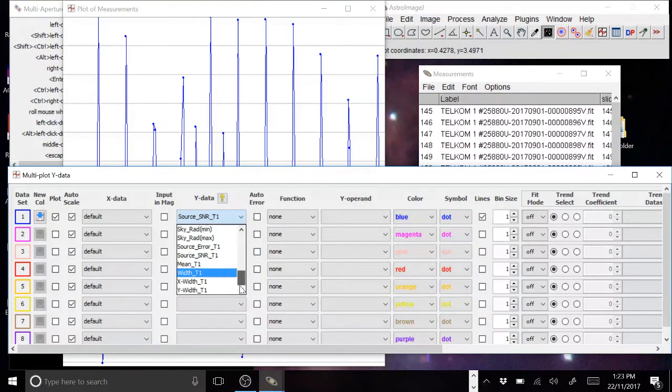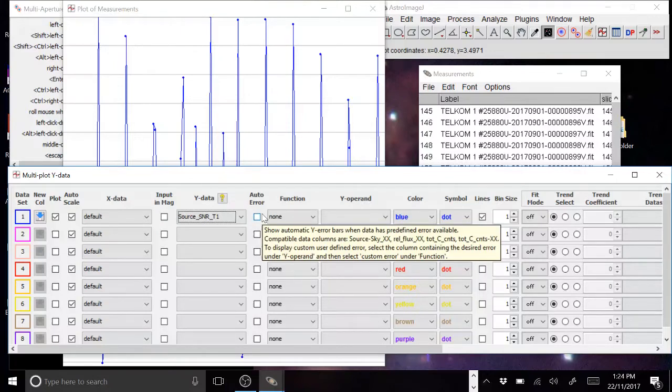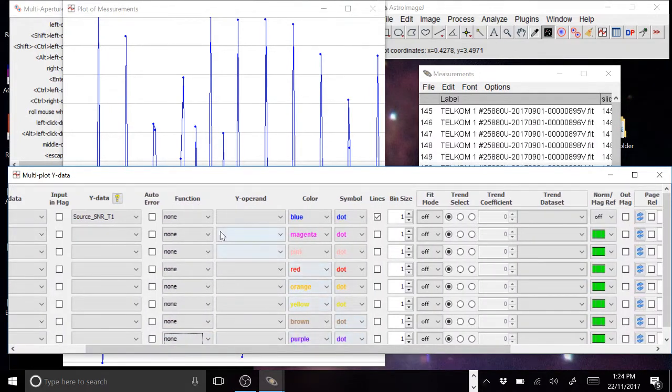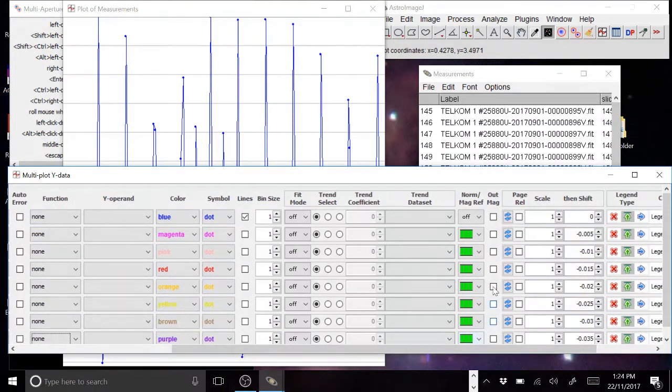So you need to scroll down to the very bottom and select source SNR T1. You need to have these two boxes selected, X data on default, input in mag default, and auto error default, which will both be blank. You leave the middle chunk alone, and then on the end, on norm mag ref, you have to select off, and